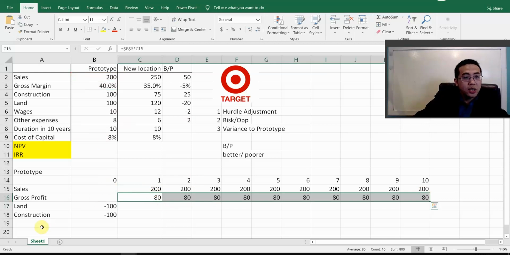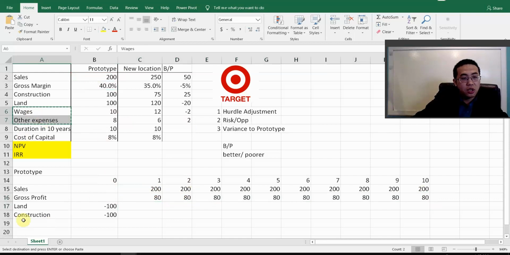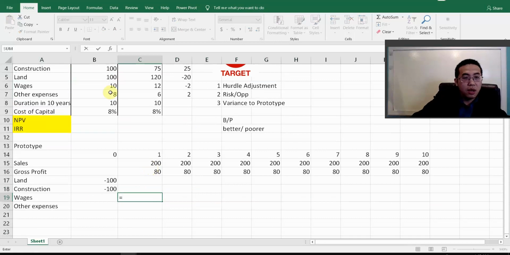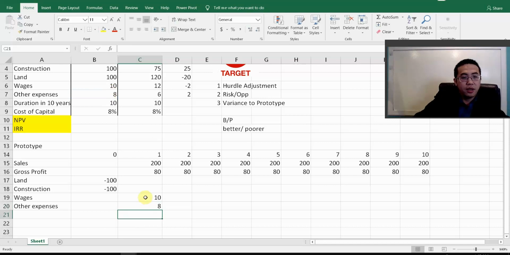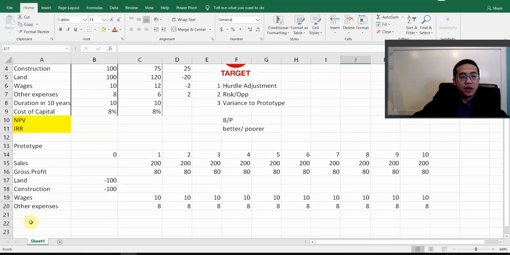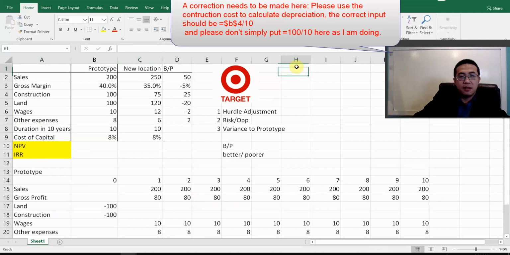And then you have wages and other expenses. Let me just put it here. So wages and other expenses, just log them in here. All right, and then drag them all the way to the right until the last year. Okay, so after we put other expenses, there should be depreciation expenses as well. So for the depreciation expense, for simplicity, let me leave a 0 ending book value for all the construction of the